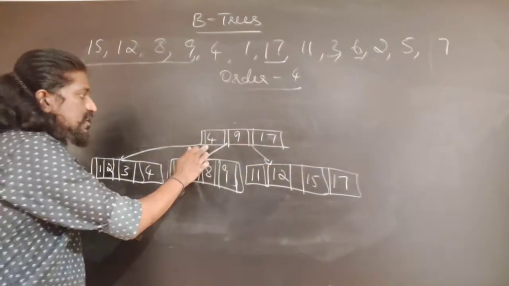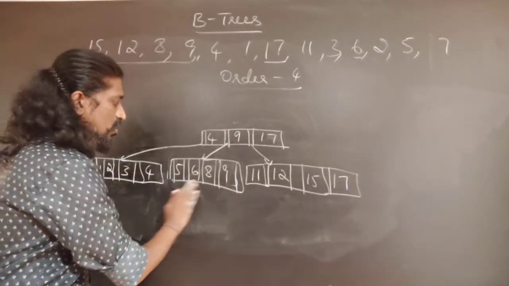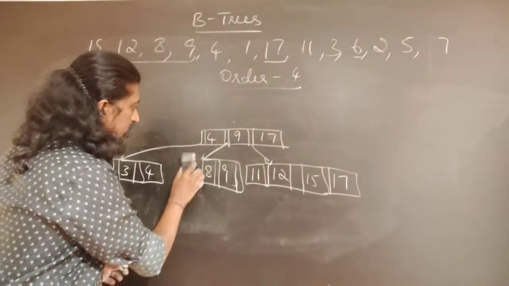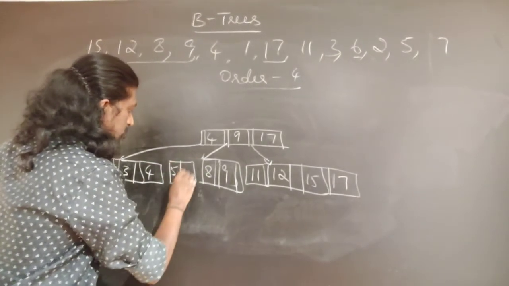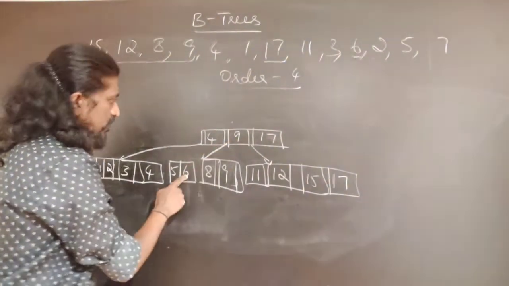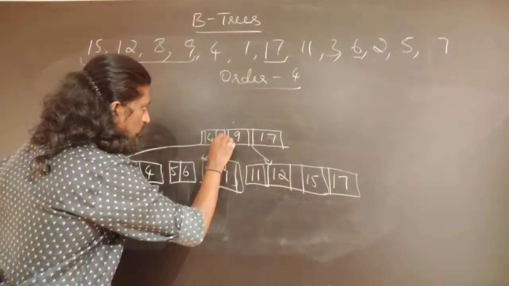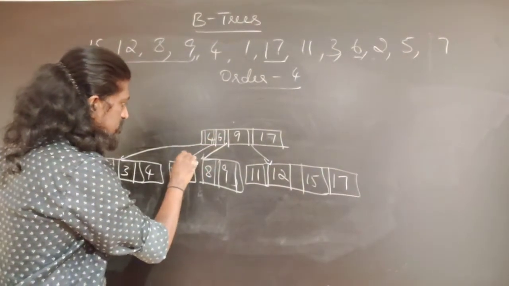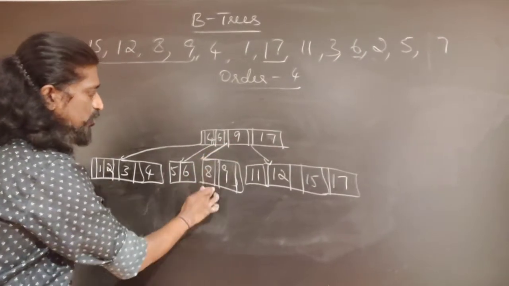Okay. So now when we insert 7, 7 is greater than 4, less than 9. When we see this particular node is already full, inserting it will cause overflow. Therefore, we will handle it by splitting. When we split, we will get two nodes, one which consists of 8 and 9, other one which consists of 5 and 6. Okay. Information about 9 is there in the root, information about 6 is not there. So, we will update the root with the largest key in this particular node, that is 6. Okay. And there will be a pointer in between 4 and 6 which will point to this node which consists of 5 and 6. See, in between 6 and 9 the pointer will point to 8 and 9.